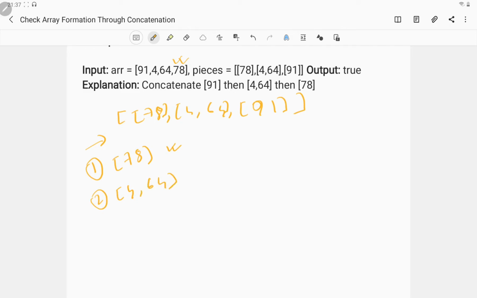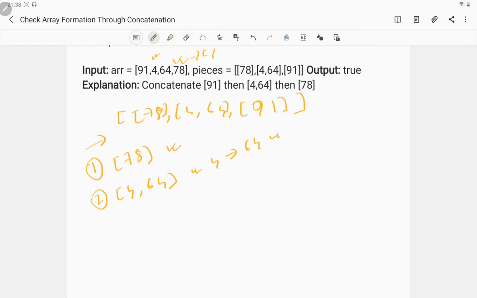Here I need to compare two elements. At first I will see whether 4 is there or not. I can see 4 is there. If I found that 4 is there, my next task will be to check whether 64 is there, and if yes, then 64 should be after 4, not before 4. In fact it will be immediately next to 4 only. I can see 64 is right after 4, so that means it's satisfying our condition. But if I see that 64 is in a different position, in that case we need to return false.